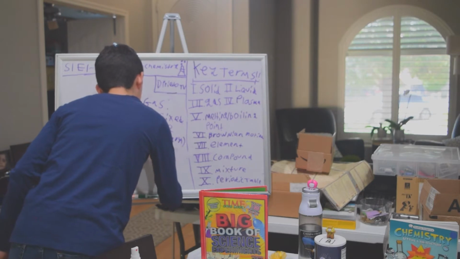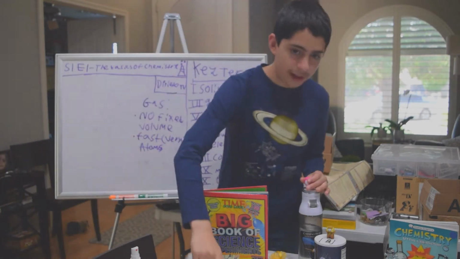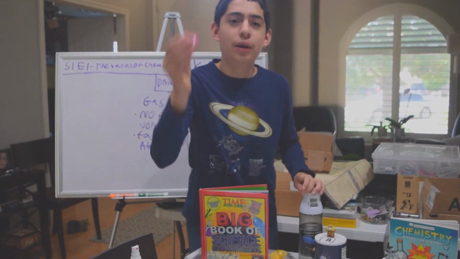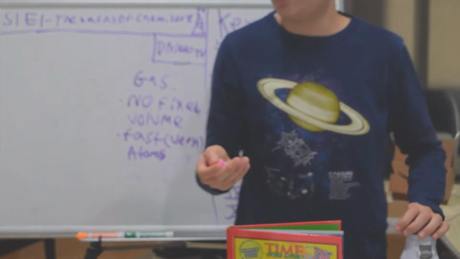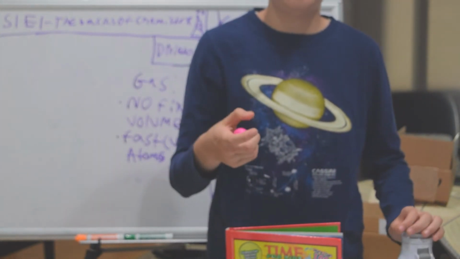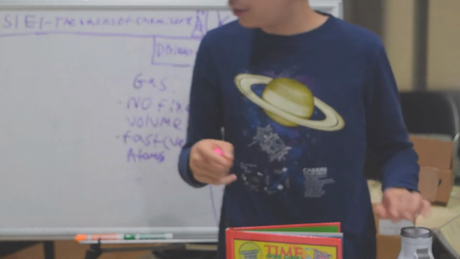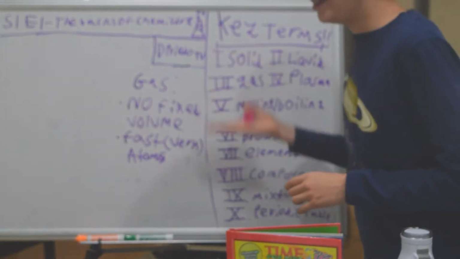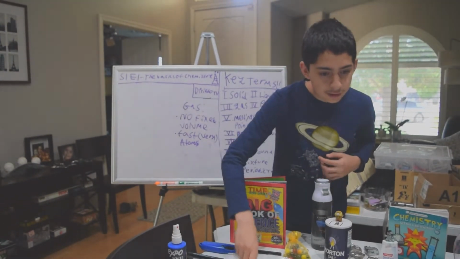Atoms. Let's go to our model atom again. The atoms move incredibly fast. The hotter it gets, so heat has to play a special role in this. When you heat up an atom, it gets faster and faster and faster, and that's what makes these states change. That's when we get into melting point later. Okay.